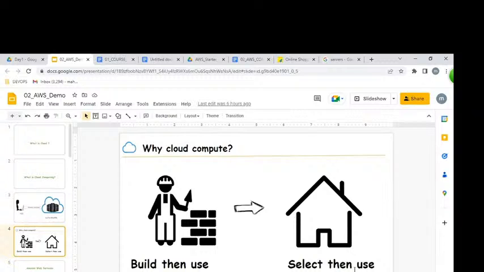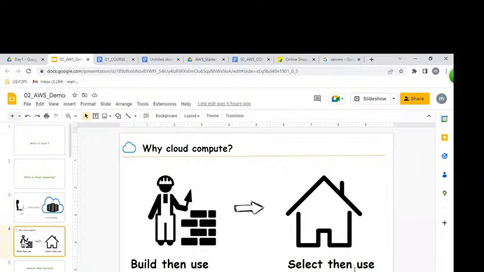But if you buy a server, what will happen? We have to keep servers in a data center, like a big room. Who will pay the rent every month? The current bill, who will pay? Employee salaries. There's a lot of headache.